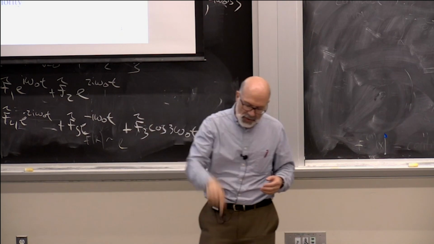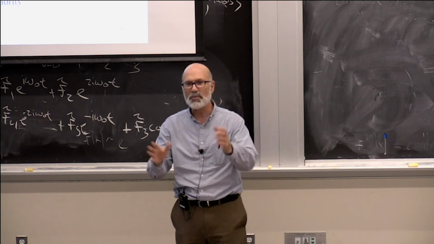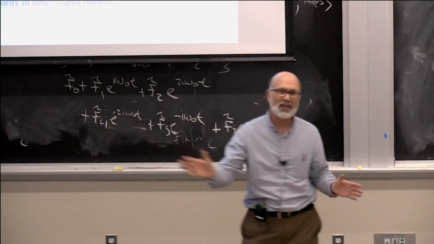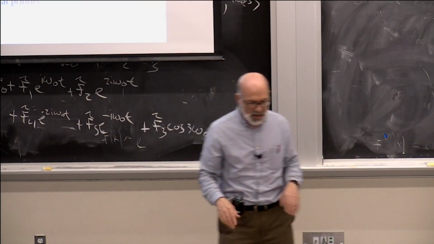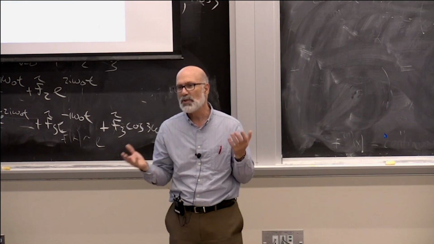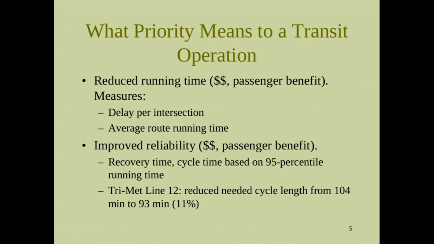And then we don't have to walk down in the basement, and instead we like how the trams are right there. It's almost like an extension of the sidewalk. You just step on, ride, step off. So it makes sense to have some means of priority that's in between all or nothing. And we have two ways of doing priority. It's priority in space. That means you give the buses or the trams their own lane, their own space. And then there's priority in time, which comes at traffic signals.